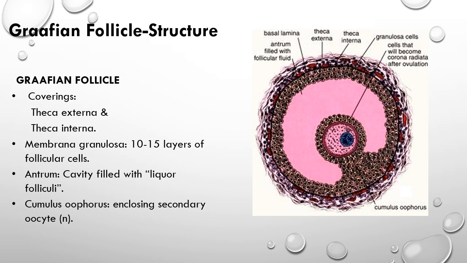So finally here, towards one region of the Graafian follicle, there is the ovum or the female gamete. The development of this ovum takes place in the Graafian follicle, and it is surrounded by two important layers, namely zona pellucida and corona radiata. So this is about the structure of Graafian follicle. It may be asked for 5 marks, so you have to draw a neat labelled diagram of Graafian follicle and explain it.